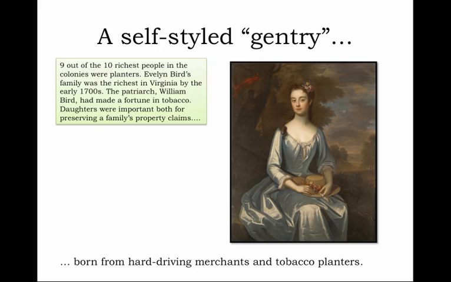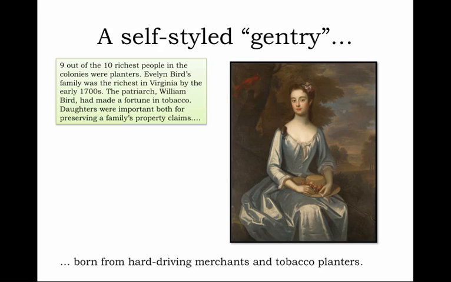Nine out of the ten richest people in the colonies were planters, so there's no mistaking that the cash crop market for America's produce, including principally tobacco in Virginia, but elsewhere sugar, for example, was the surest road to wealth. Here we see Evelyn Byrd, the daughter of the richest tobacco planter of all, William Byrd. Her father was the great patriarch of a family fortune made in tobacco, and the portrait here he commissions for